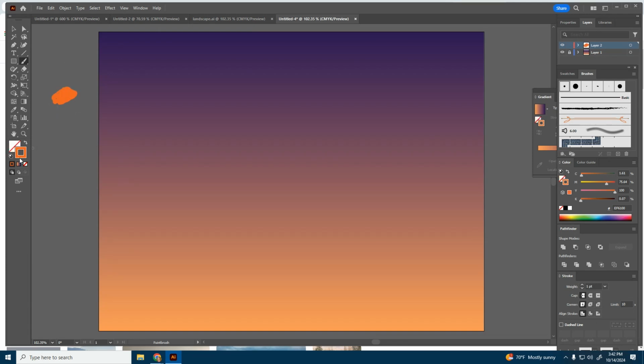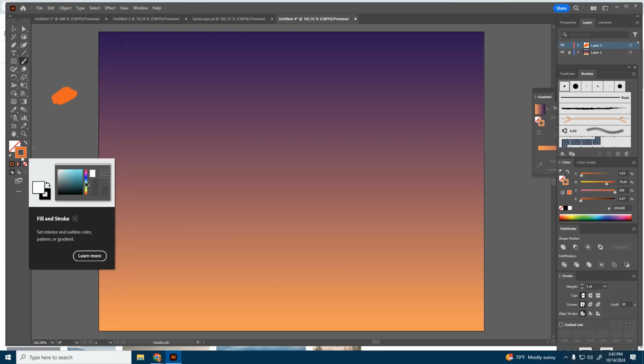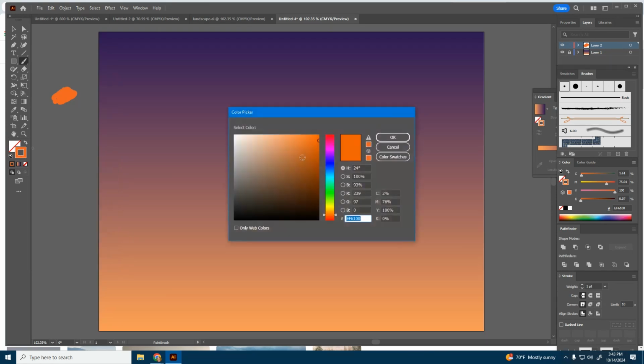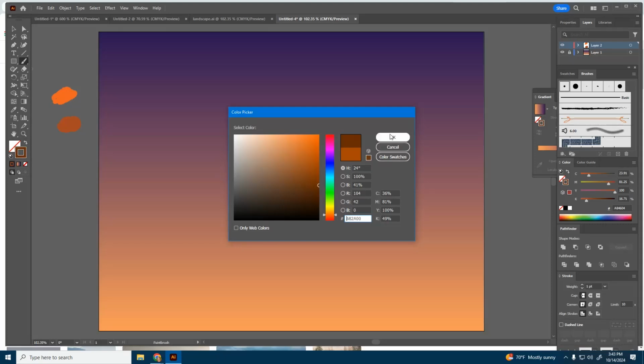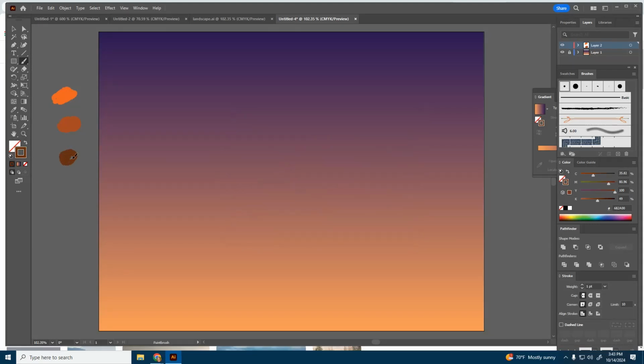Okay. Now I need to create the values of that blob. So I'm going to go and double click on that again. I have my light values, my dark values. So let's go ahead and create a couple dark values. I'll do maybe a dark orange here. This is just going to help us with doing the atmospheric perspective. Double click on that again. I'll grab another dark value. It's kind of this dark, almost brown color. And